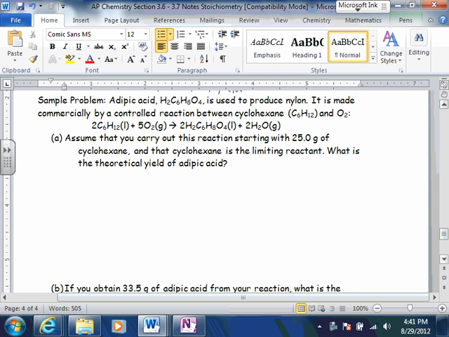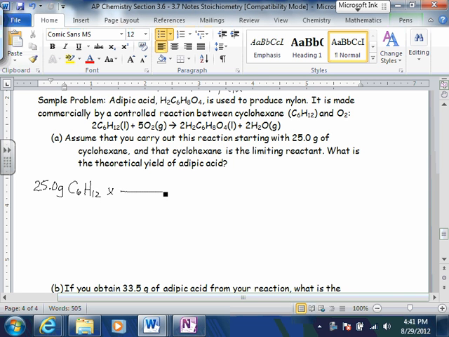So we want to know what the theoretical yield is of the acid. Okay, now this is nice because we don't have to worry about which one is the limiting reactant. They're already telling us that. So we're starting with 25.0 grams of the cyclohexane, C6H12. Okay, and what they want to know is what's the theoretical yield of the acid that we should be able